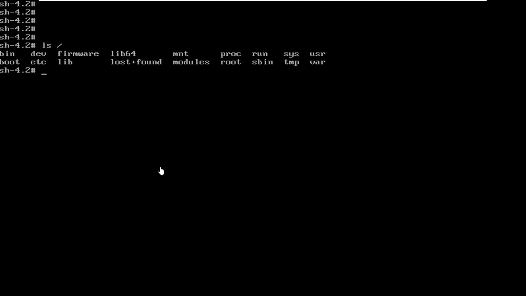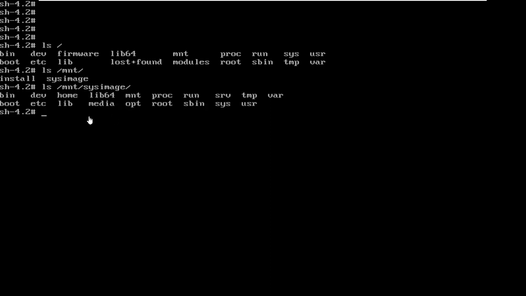So if I list /mnt, I have these two directories, where we have sysimage. When I list sysimage, I have all these directories, which are our main directories, and we have a read-write option. So we have the read-write option, that means we can edit anything here.